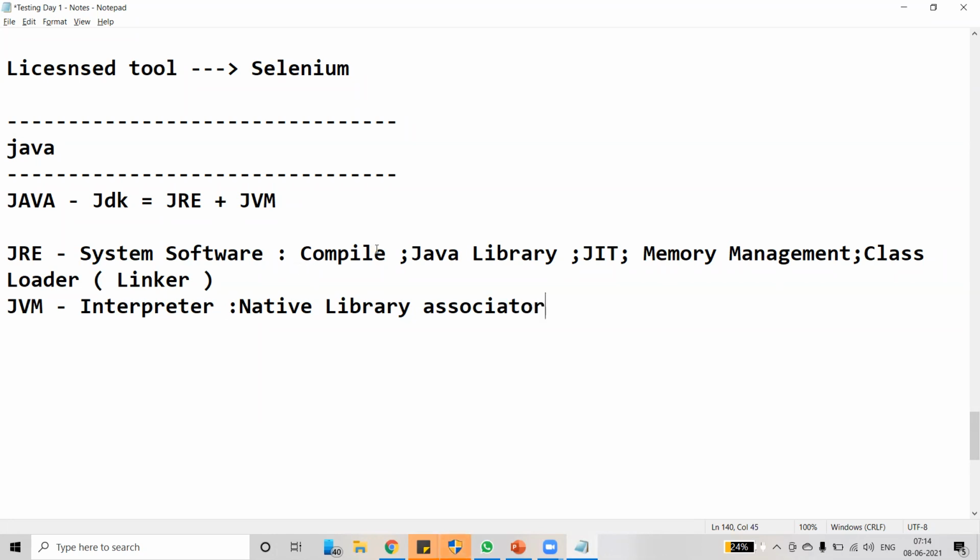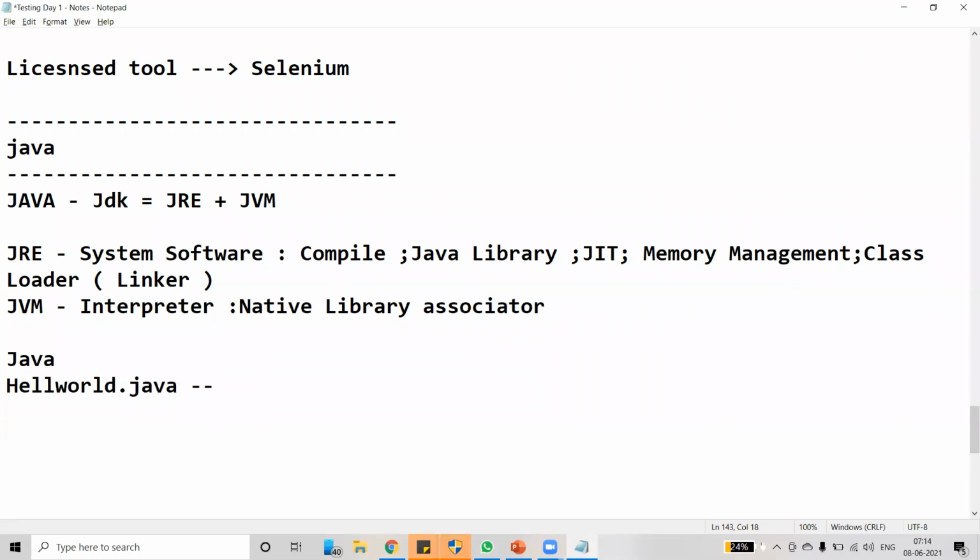JRE contains a compiler. What does the compiler do? As I said in yesterday's class, I'm just repeating whatever we explained yesterday. In Java, we create a program called HelloWorld.java.